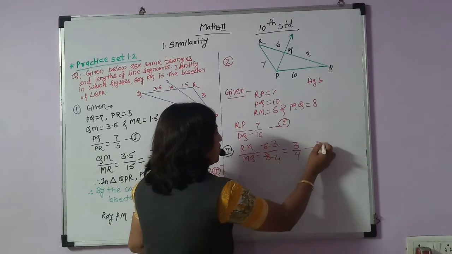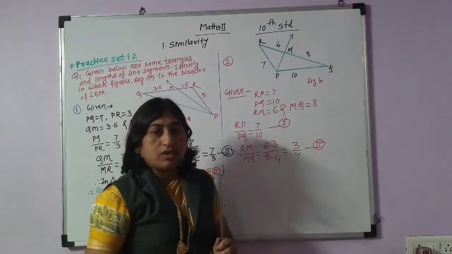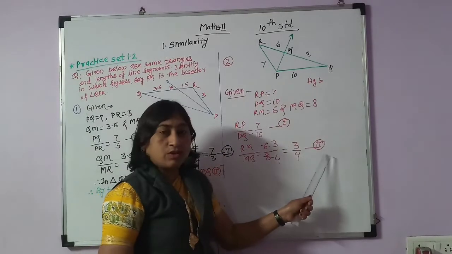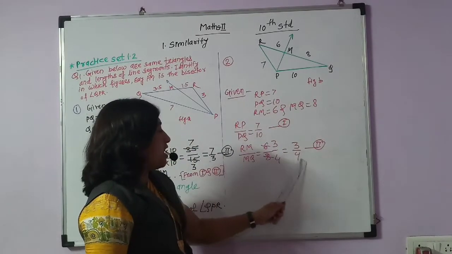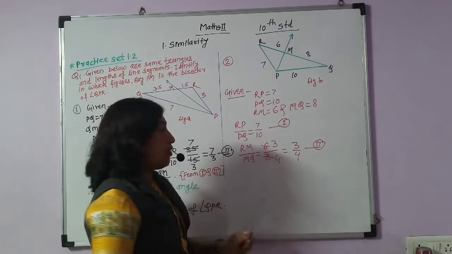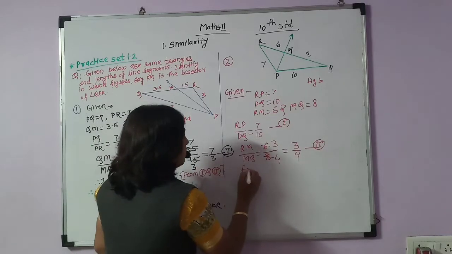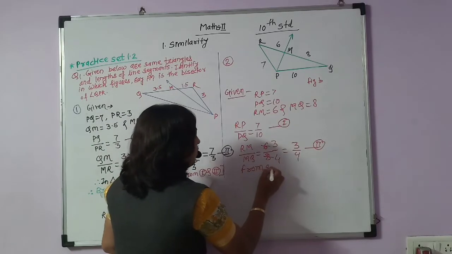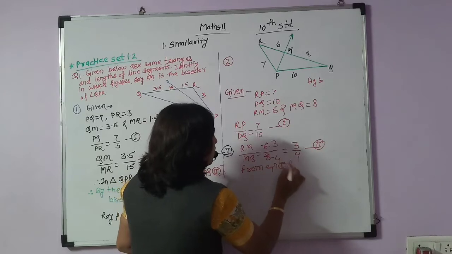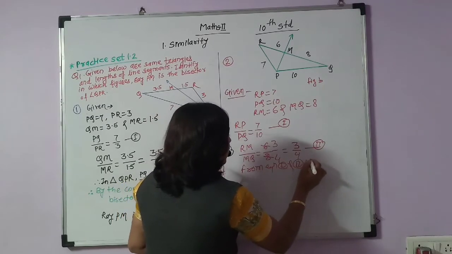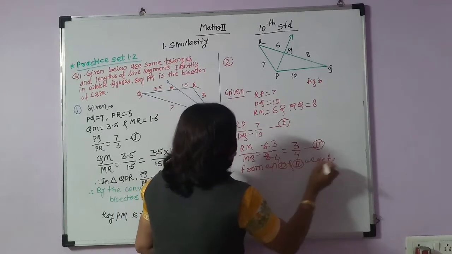This is equation number second. If we observe equation number 1 and equation number 2, LHS are not equal. Therefore we can write here from equation 1 and 2 we get,